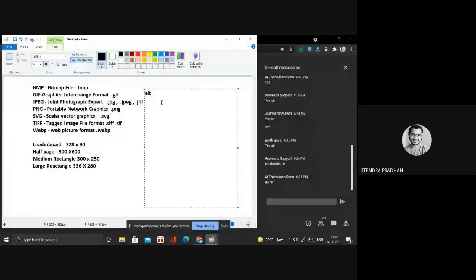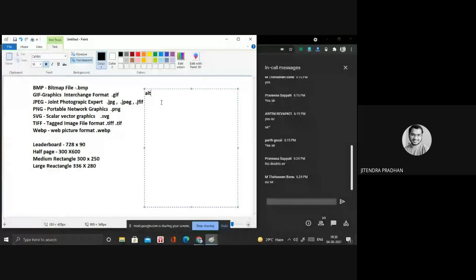If you don't define any alternative text, the user or client will see the picture but be unable to understand what picture you are showing on that website. That's why we give it: if the picture is unable to load because of an internet issue or the server being down, whatever the issue is. So that's why you are using alternative text.